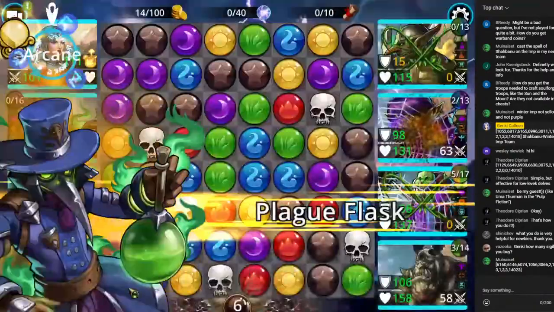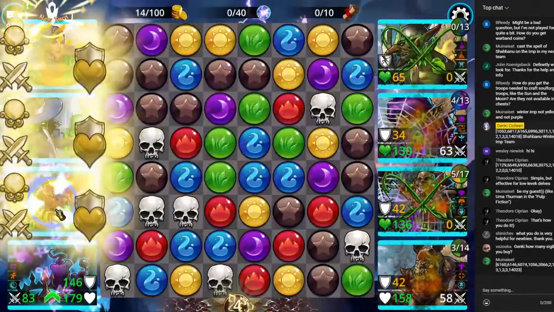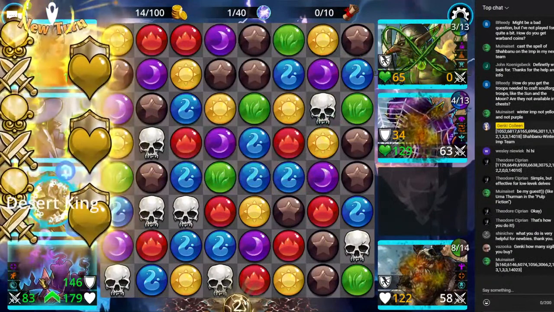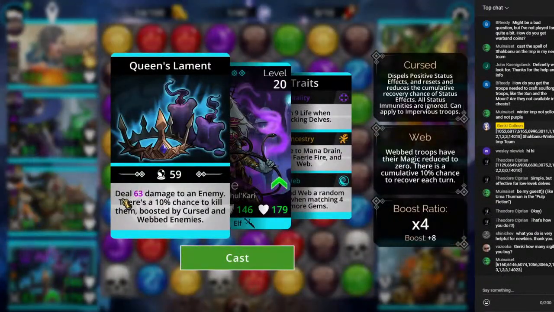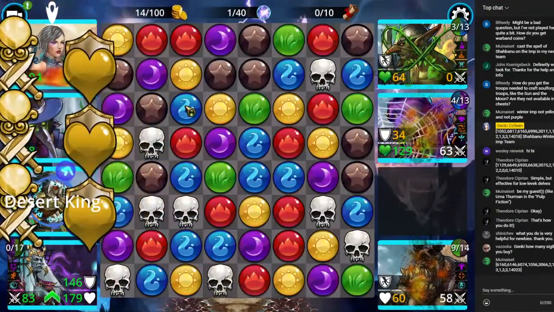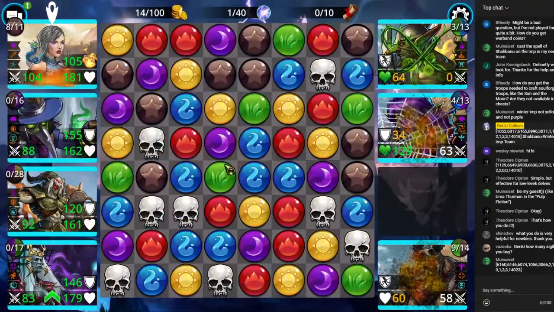Alright, forget it. I'm going to go ahead and cast. I will deal with you later, mister. It just slows things down a little bit. She has an 18% chance to insta-kill. Let's see how that goes. Nope, but she did do some nice damage, so...